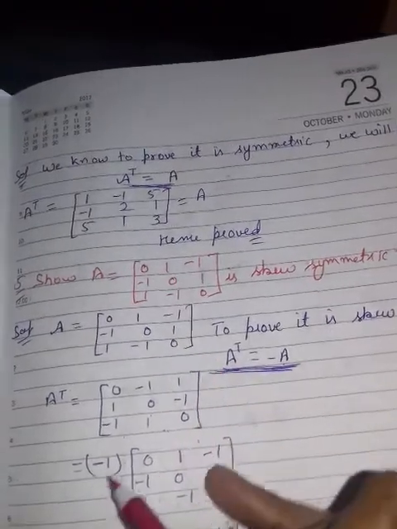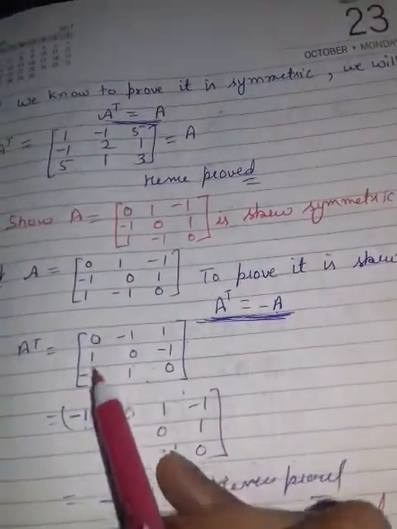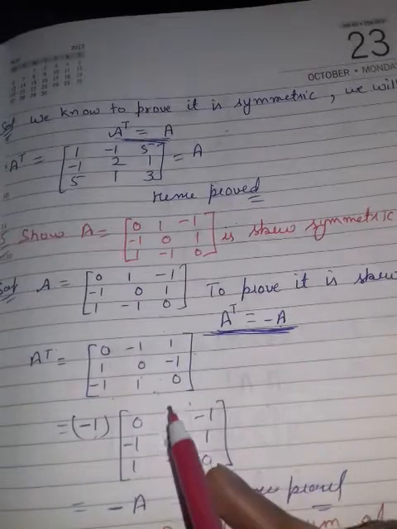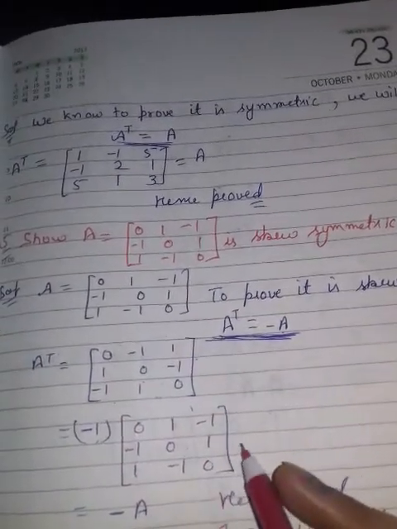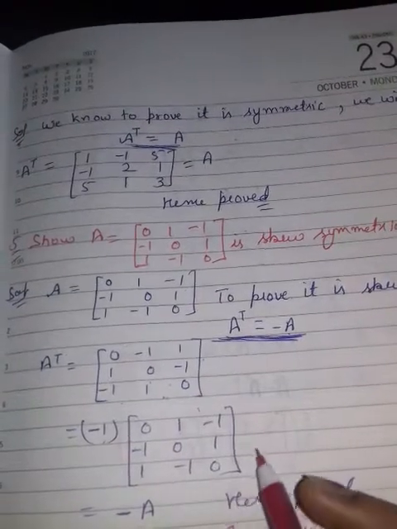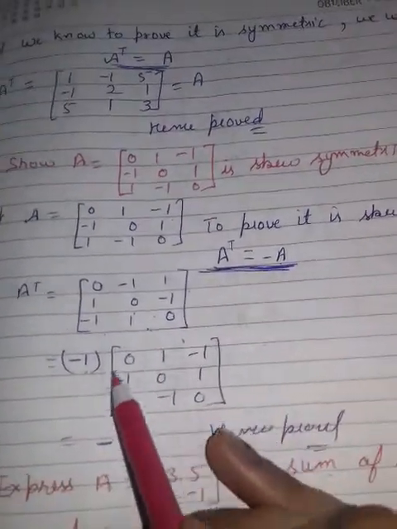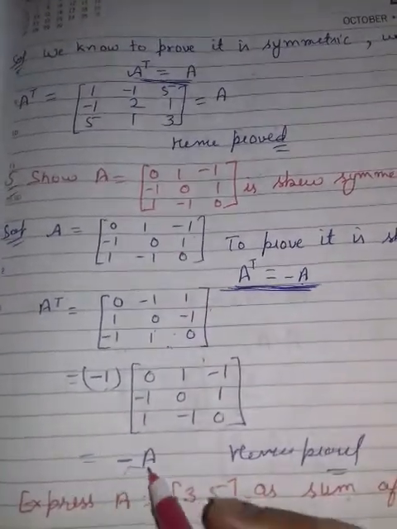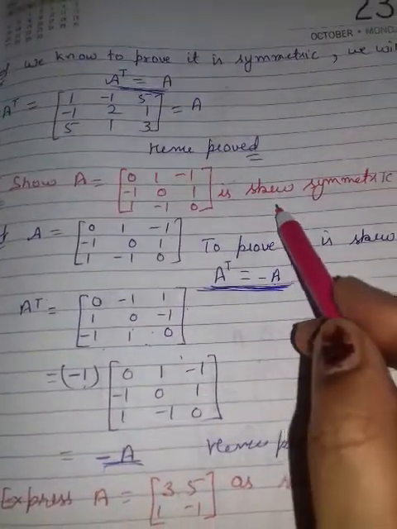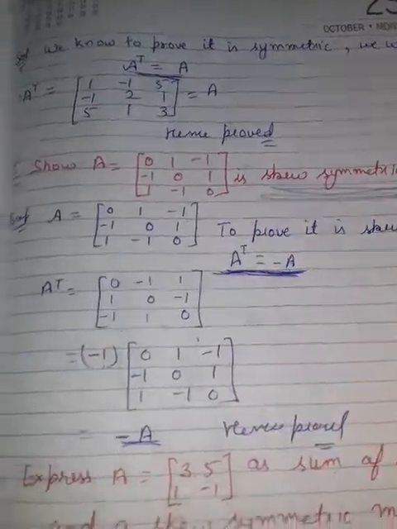See? But you are not getting it same. So if I take negative sign common, you will see 0 will remain same. Positive, negative, negative. Meaning signs will be altered. If it is positive, it will change into negative. Negative will change into positive. What is this? This is your given matrix. So what you got? Same one. So it is your skew symmetric.